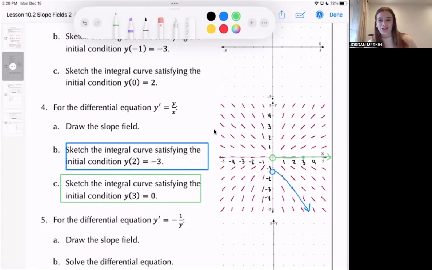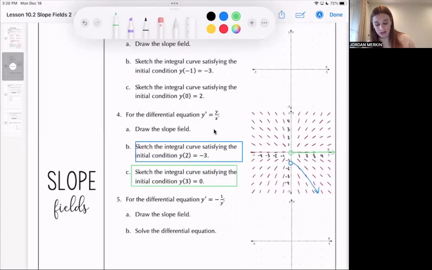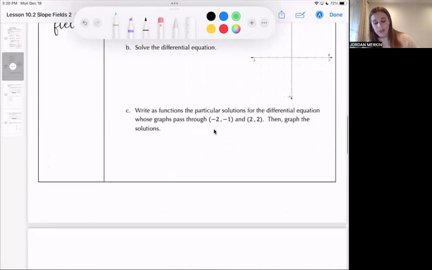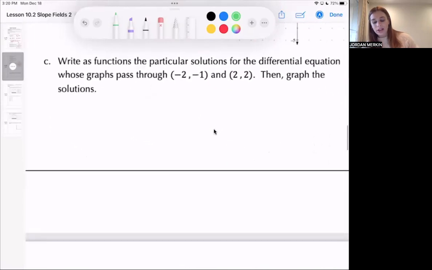Okay, so there's our solution curve. And that's how you handle it when your differential equation has some areas where the slope is undefined. All right, so go ahead and remember, do numbers 3 and 5, check your work using my solutions on the website. And then let's take a look at the